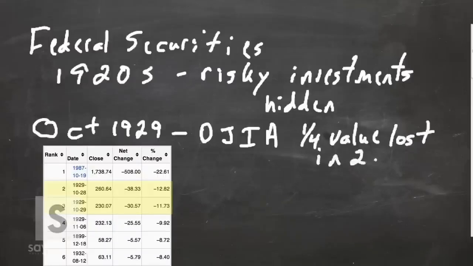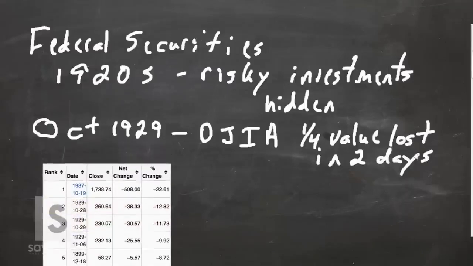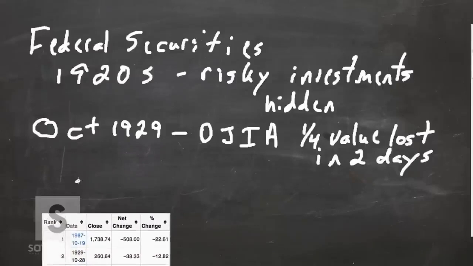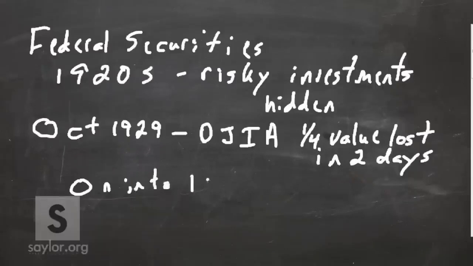So 1/4 of the value disappeared in 2 days in October. And those losses continued on into the early 30s. So we had a serious problem in terms of loss of value, loss of investor confidence in the market. And as a result of this, in